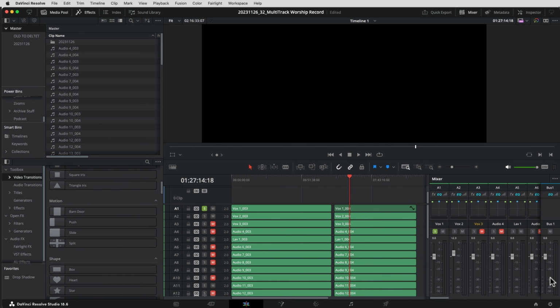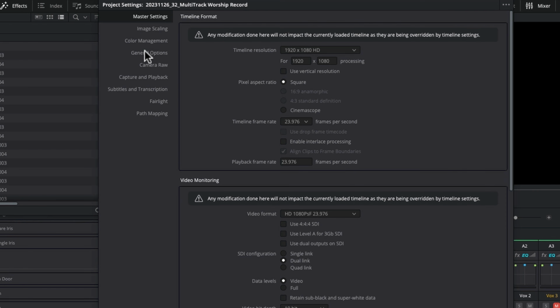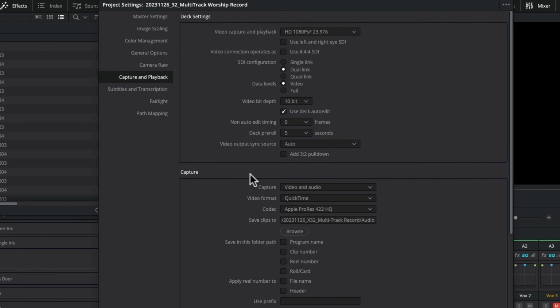You want to go to your project settings, the little gear icon at the bottom right. Open that up, and then go to Capture and Playback. Then come down to the Capture section and Save Clips to. Now right here is where you want to select Browse, and then go find the location where you want all